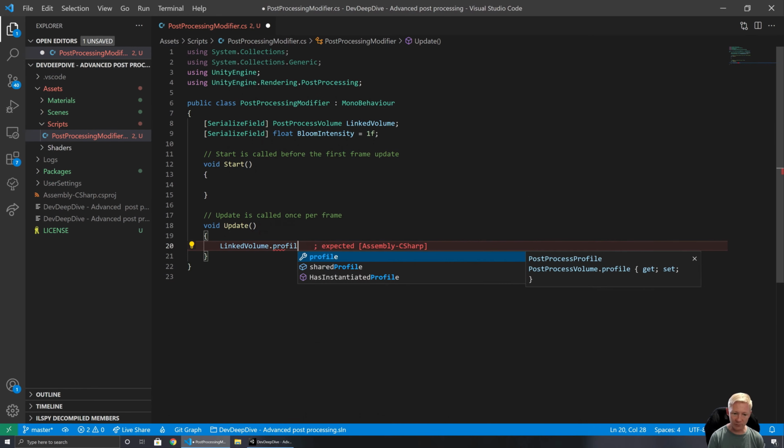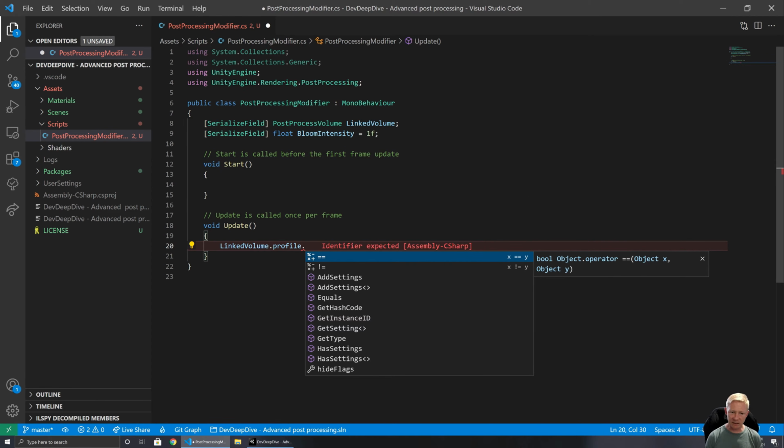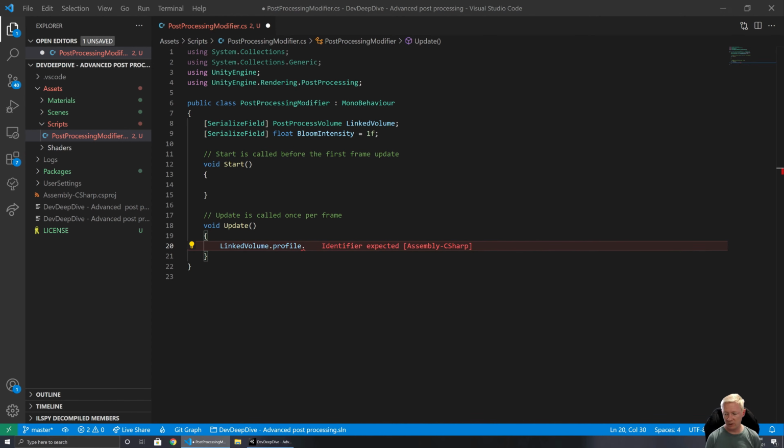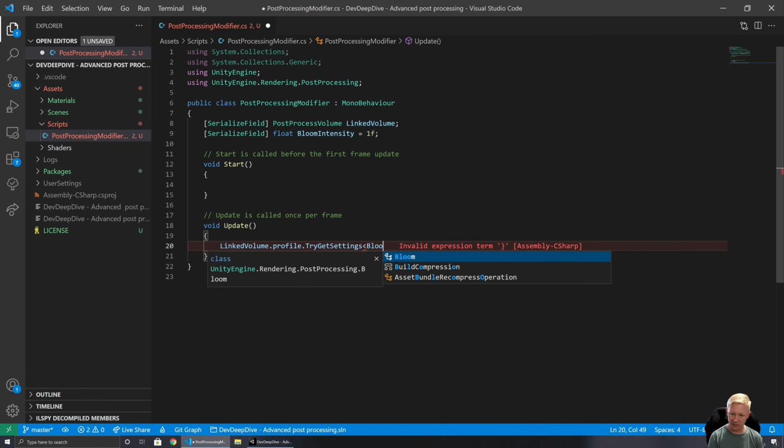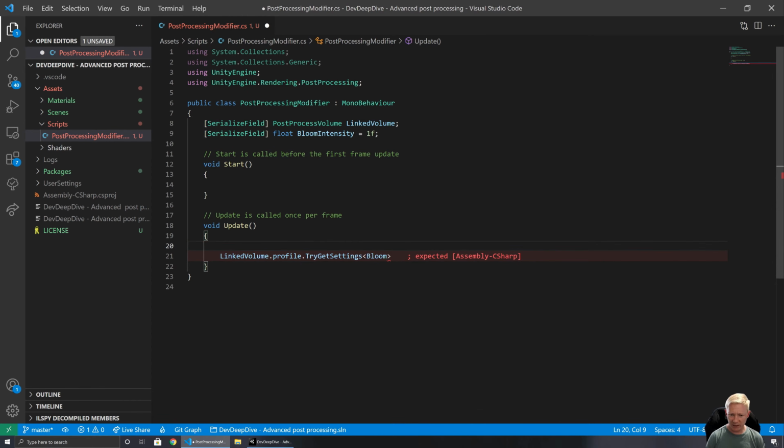So our profile. Now the way that we access the settings for things like Bloom is quite different to things you may have seen previously. We actually do this by doing a TryGetSettings, and then we put the particular settings in here. So Bloom is what we would put in. That means we need to be able to store this here, so we would have Bloom settings. Then we usually would say, well, if we try to get the settings,